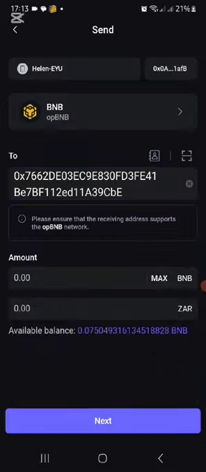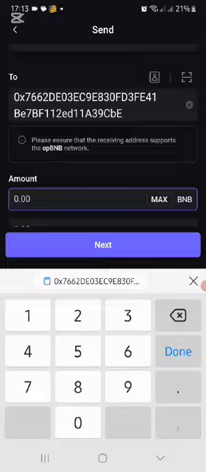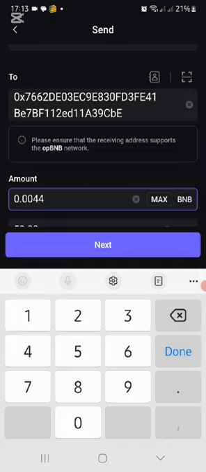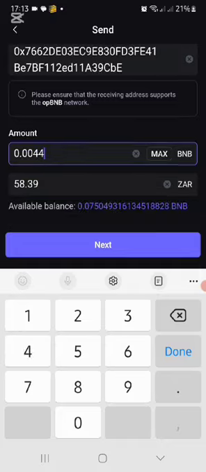And I will go, the BNB that needs to be loaded is 0.0044. That's 58 Rand. I paid in about 70 Rand. So I'm going to make it 555152. Okay, that's 70 Rand because they paid me 70 Rand. You only need 0.0044 to start this business, but because I'm doing it straight from SafePal, there's no fees involved.